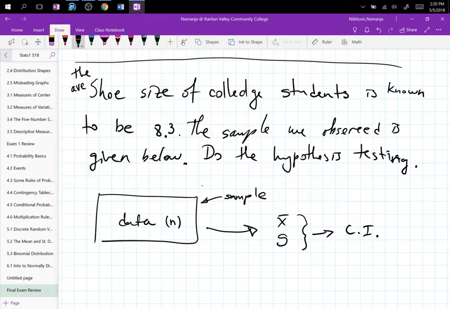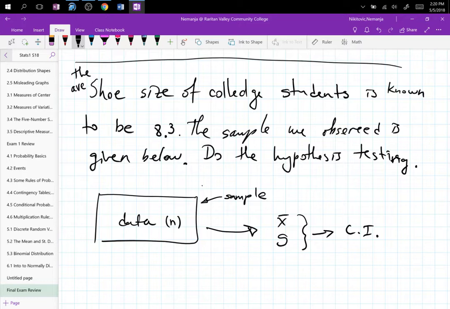Now, this problem would be much different if I had the same premises set, do the hypothesis testing knowing that sigma is equal to, right? And then they give it, right? So if you have sigma clearly stated in the problem, which is the population standard deviation, then you go ahead and you can do the